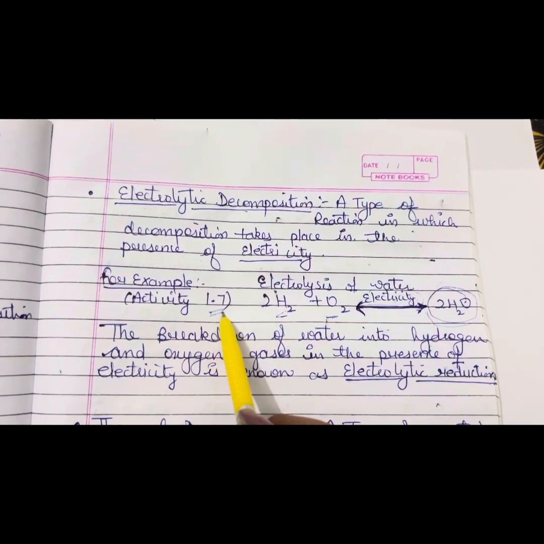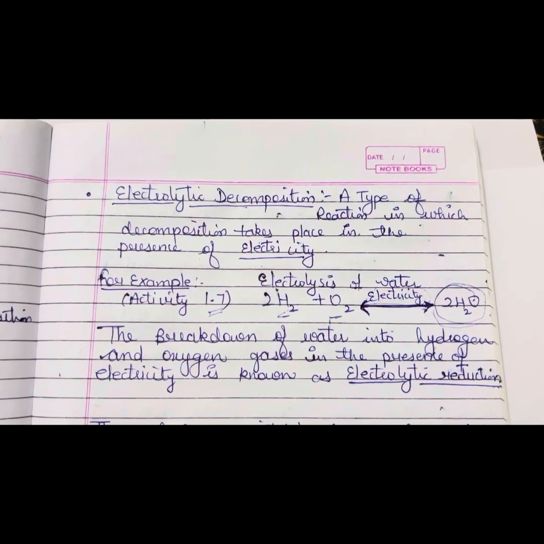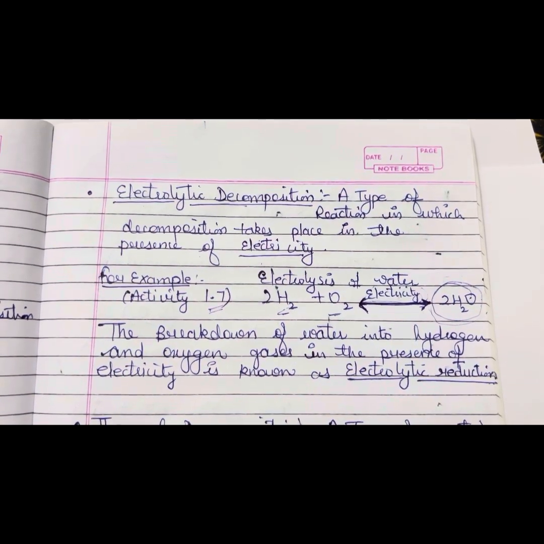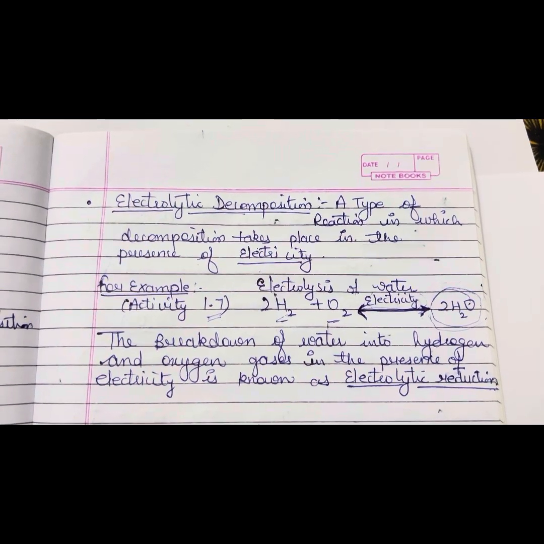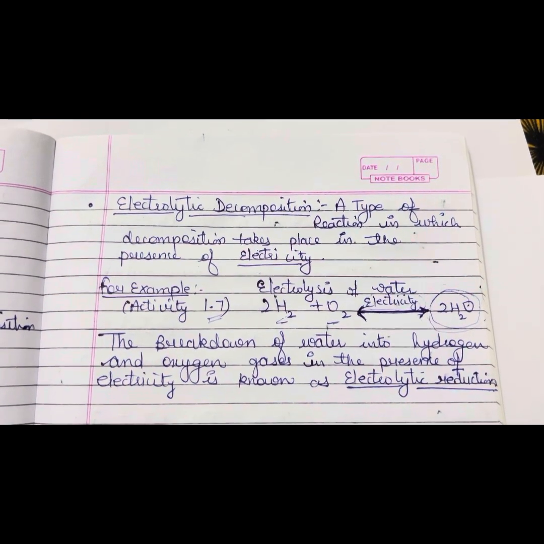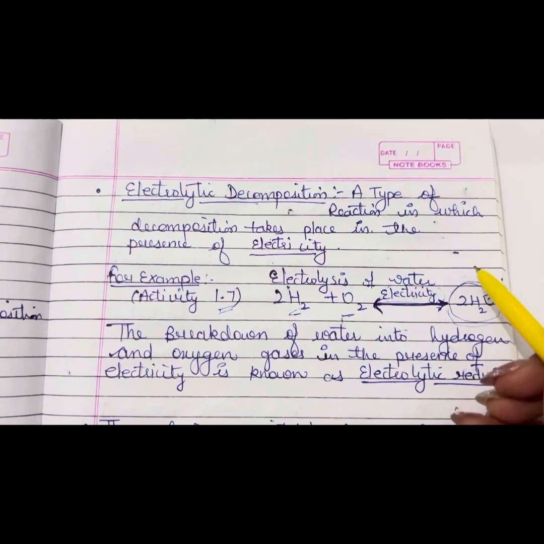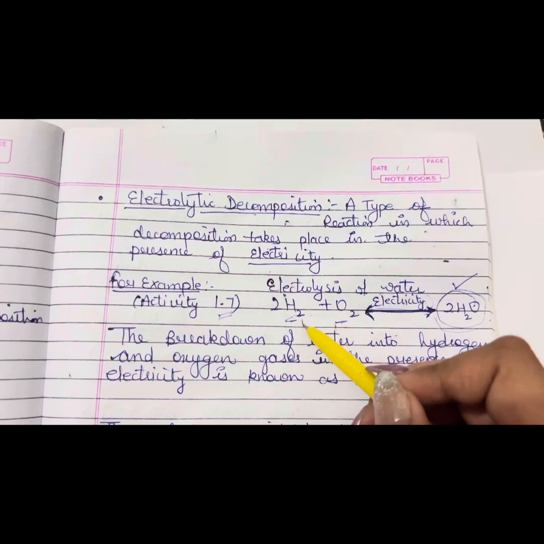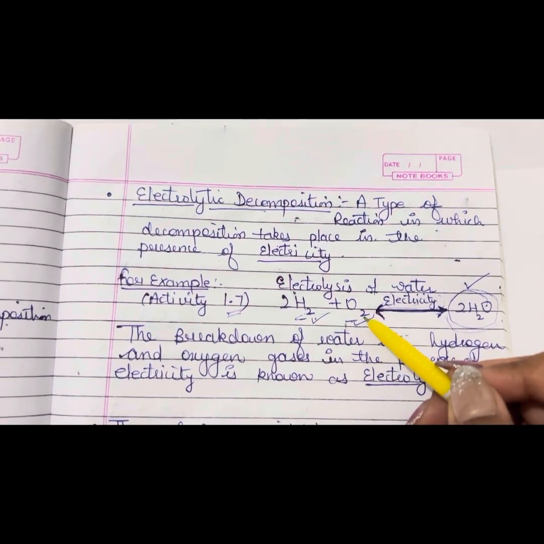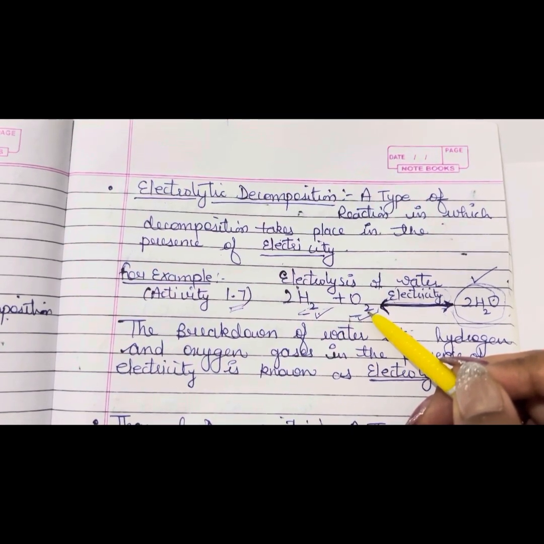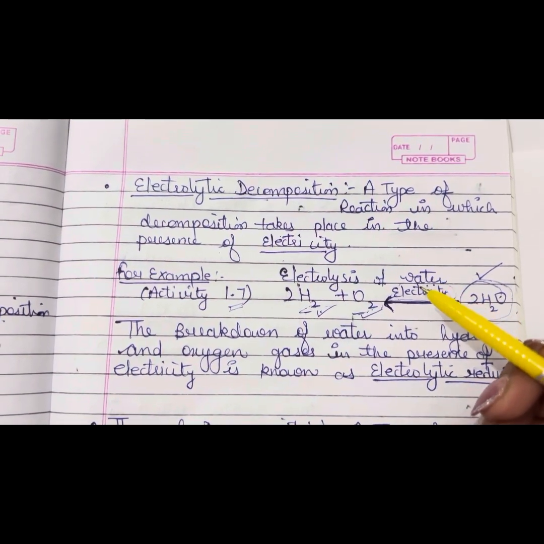This is in accordance with activity 1.7. You have to read that procedure, what is going on in that. You have to take one mug or a container and use two electrodes, and when you pass electricity through that water, which is already present in the mug along with some acid, which is sulfuric acid, then you have seen that this water splits up into hydrogen gas and oxygen gas. On one electrode, hydrogen is evolved. On the second electrode, oxygen is evolved.